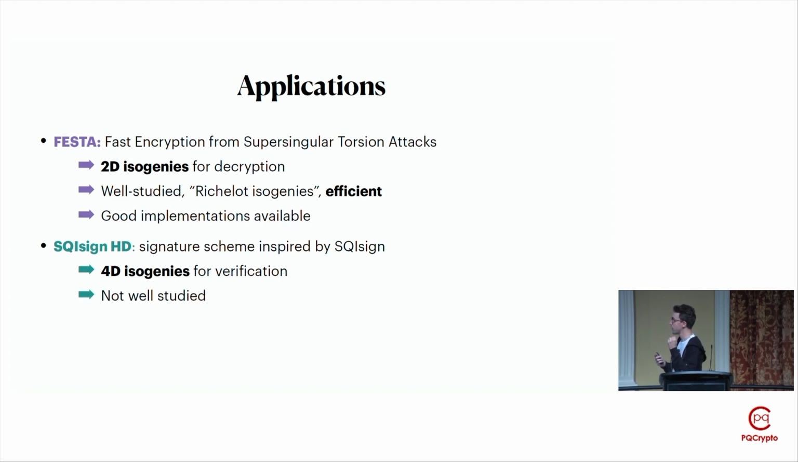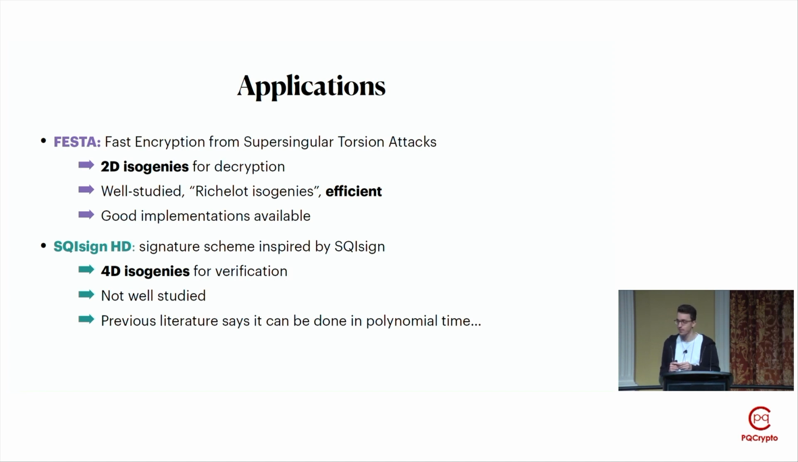And four-dimensional isogenies are not well studied. What the literature tells you is essentially, oh, it can be done in polynomial time, and you have no good implementation available. What polynomial time means here is probably a fairly big polynomial. But you could put that on the account that only one person in the world has been studying this problem,